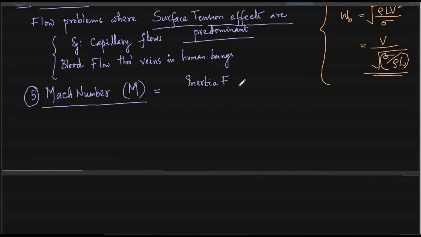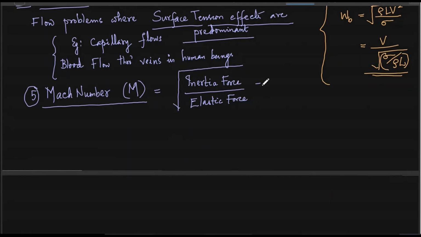But in this case, Mach number, and again inertia force is in the numerator divided by elastic force, elastic force due to the compressibility. So where compressibility effects cannot be ignored, but usually taken under root of this, so within the radical. So how do you define that? Mach number is the ratio of inertia force to elastic force.